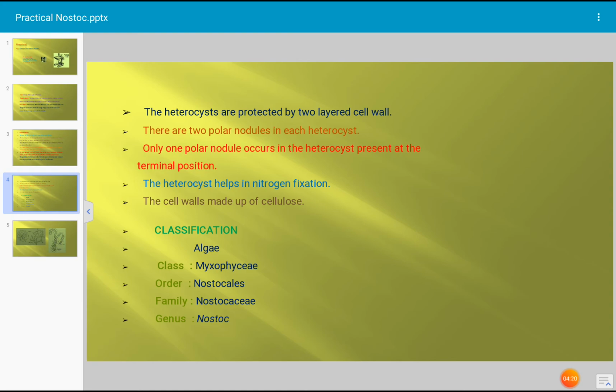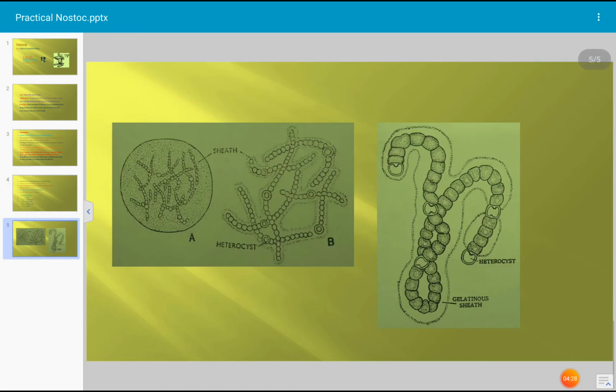We have prepared the slide and observed it under the microscope, and all these details you have to write in your notebook. This is the first photograph. This is the colony of Nostoc, and the entire colony is embedded in a mucus-like mucoid substance which is also known as sheath, and to the right side, these are the filaments.